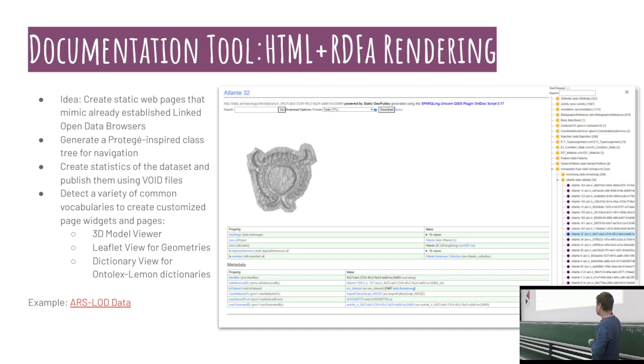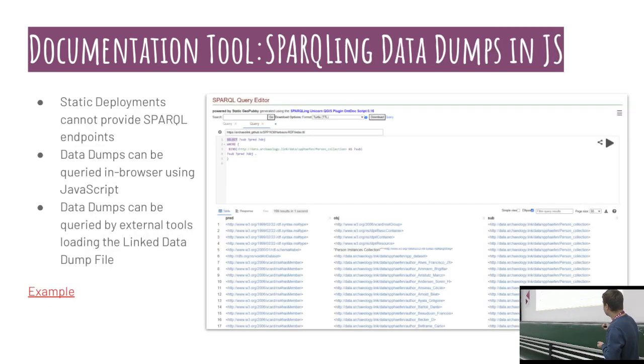And then depending on the contents of the different linked open data instances, you will have different renderings. So here you see there's an image. The script has detected that there's an image linked in this data, so it will also display the image for you. This works similarly for geodata, works similarly for 3D models, and for different other vocabularies that this tool can process. And you will find examples on the GitHub repository, so hosted examples, live examples of how such things could be rendered for you.